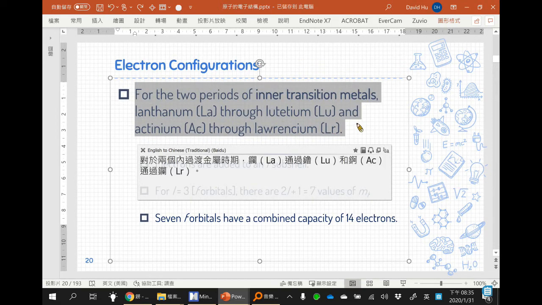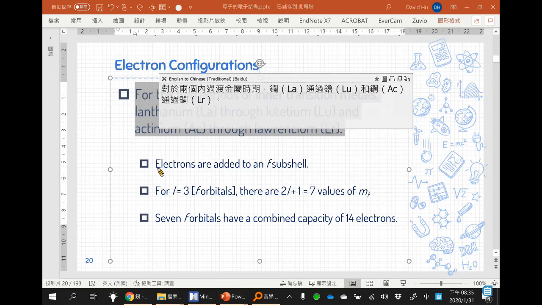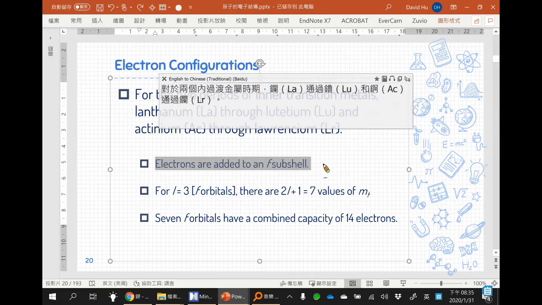For the 2 periods of inner transition metals, lanthanum, La, through lutetium, Lu, and actinium, Ac, through lawrencium, Lr, 好，这里提到2个内过渡金属，它们从镧一直到镥，再从锕一直到铹，electrons are added to an f subshell. 电子会被加到 f 的次壳层中。